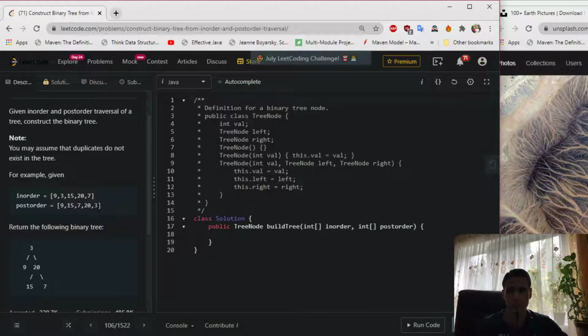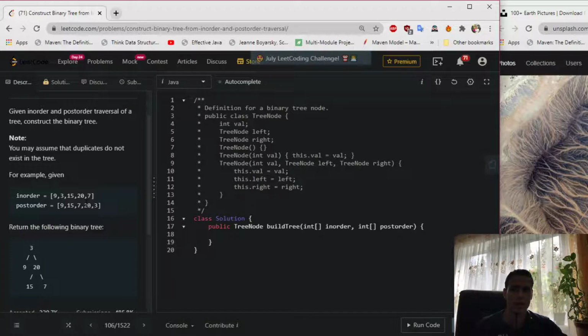At each iteration we'll be constructing the nodes based on the values in this postorder array, and at each iteration we'll be checking whether the value of the node on the top of the stack is equal to the value at the inorder pointer in inorder, and in this case we will need to decrement the inorder pointer by 1